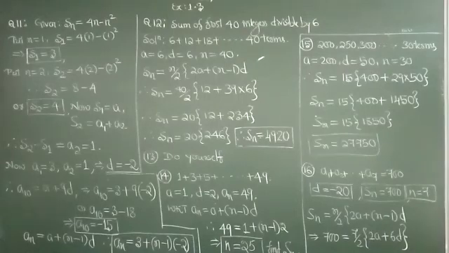The remaining part of the question you are supposed to solve yourself and check. You will get a equal to 160. Once you get a equal to 160, what is the meaning? First prize is 160 rupees. What is the second prize? 160 minus 20, it is 140. Third prize, 120. Cross check once. 160, 140, 120, 100. Like that, how many prizes do you have to give? 7 prizes. If you add them, totally you will get 700. If you are getting that, your answer is correct. So cross check